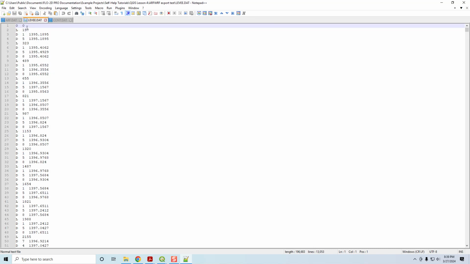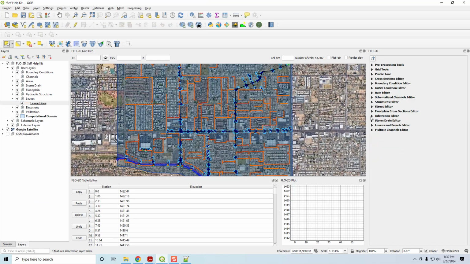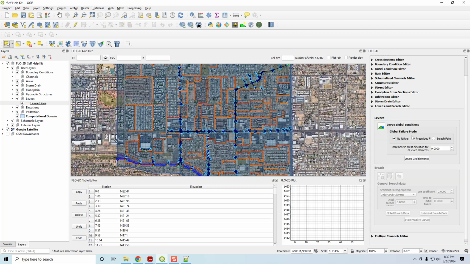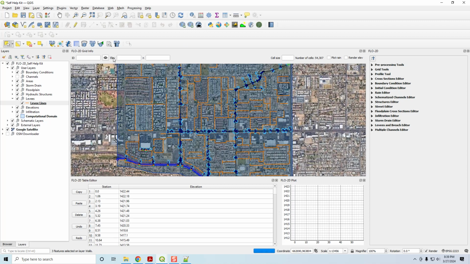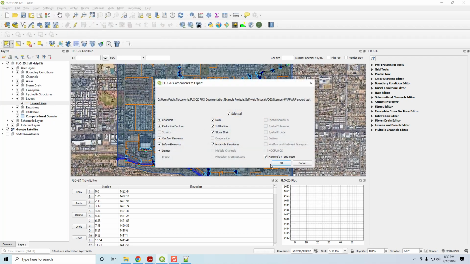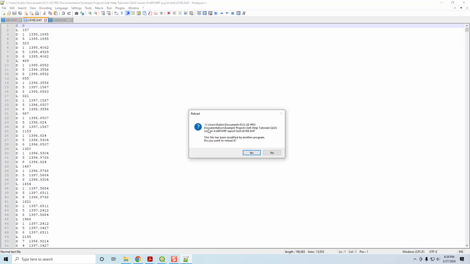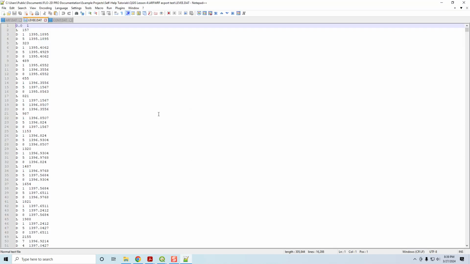And levee.dat is not, oh, I messed up. I forgot a step. Hang on, sorry, I forgot one step. We need to go to the levee editor and check prescribed failure, and then export that data again. Just the levees. Okay, and if I go back here and I click to reload the data, you'll see that